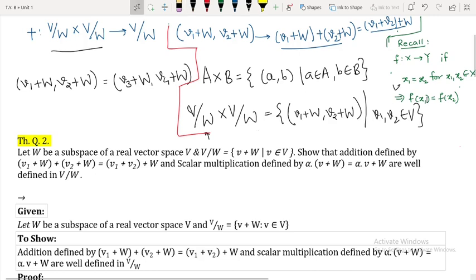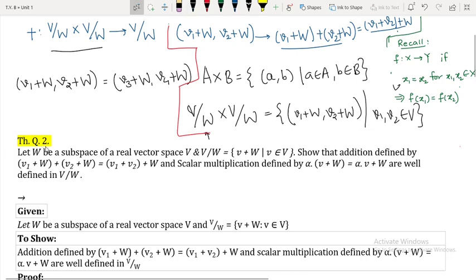So just try to relate, okay, to this definition of well defined function. So now I have taken these elements to be equal. Now what I have to show is their images are equal, right? See the definition properly. If elements are equal, then images, that is f of x1 should be equal to f of x2. So what is the image of this? See, how is the addition defined over here? In this way, right? So this is the image actually.